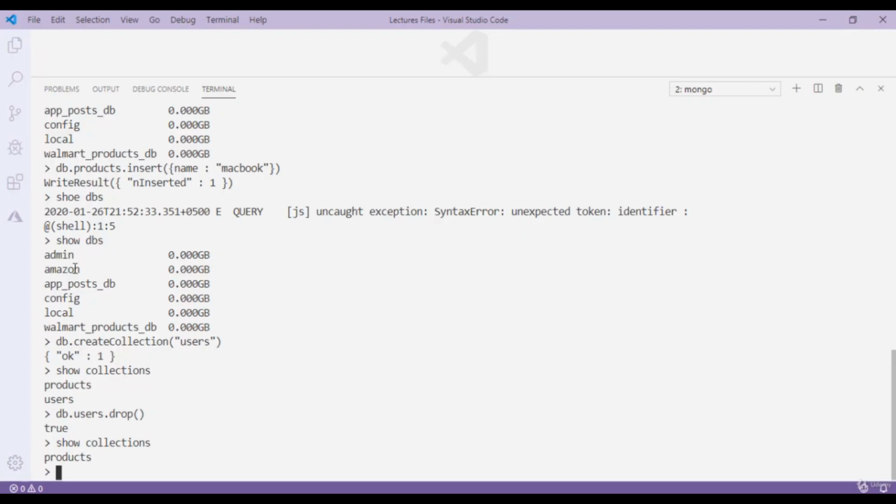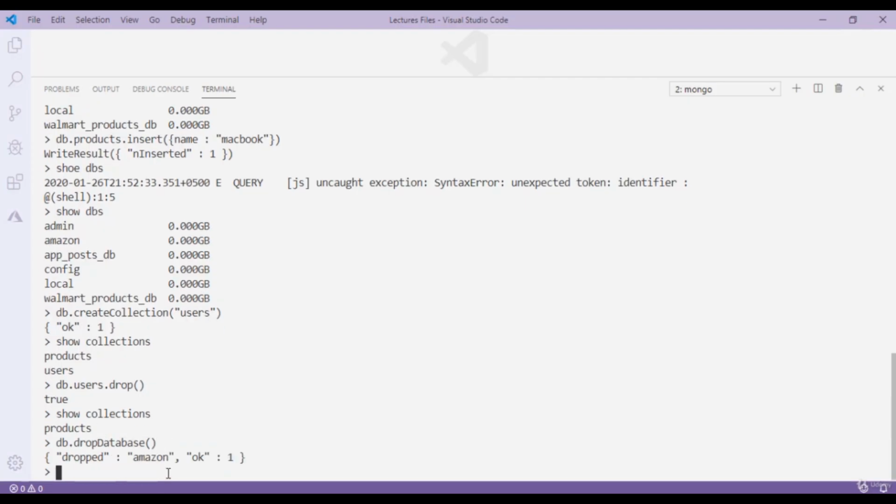For that, I simply type here db.dropDatabase(), like this. Okay, so this db means the database we are currently using; drop that currently used database. Simple as that. And when I press enter, you can see it says dropped Amazon, ok 1, which means the Amazon database